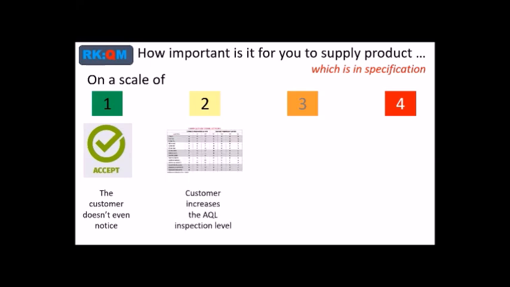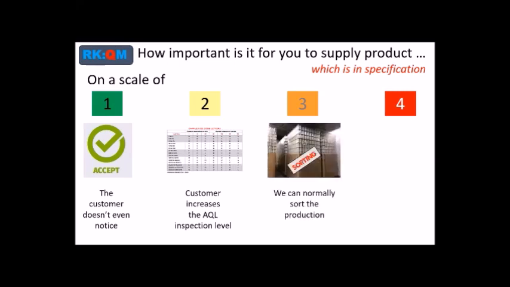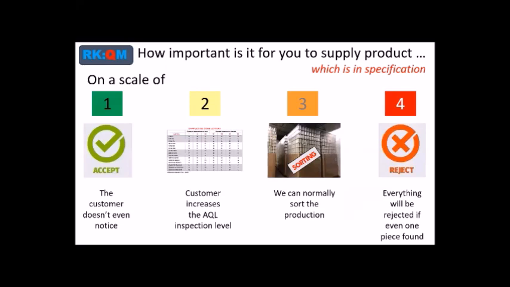Or do you just accept that you should have a tighter inspection level next time? Or level 3, do you rely on your quarantine sorting system? Or finally, level 4, because you know the customer will send it back, you arrange to deliver it to a